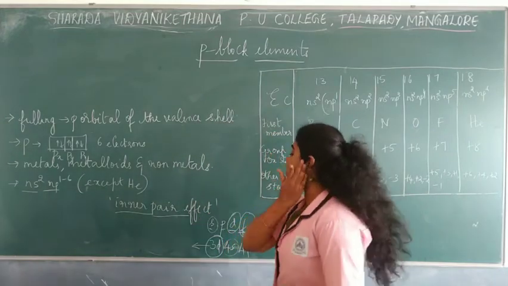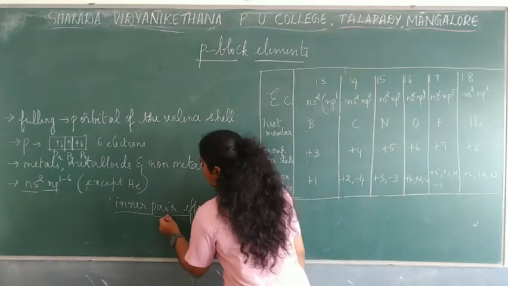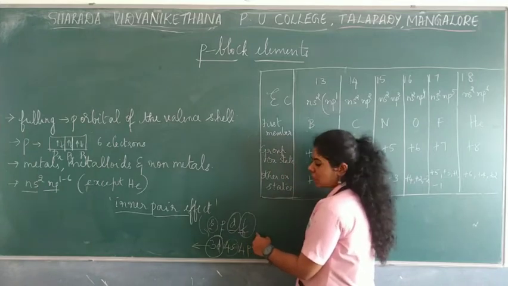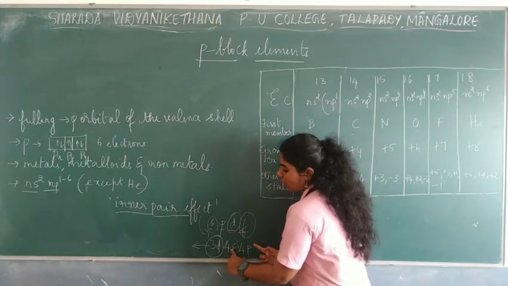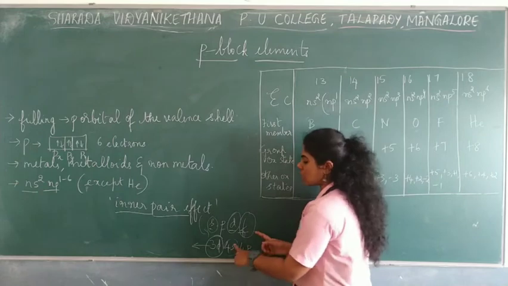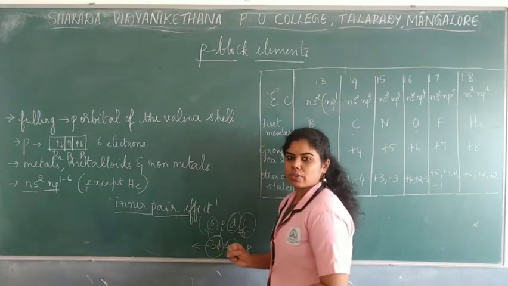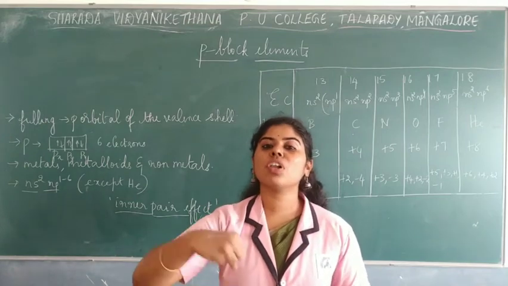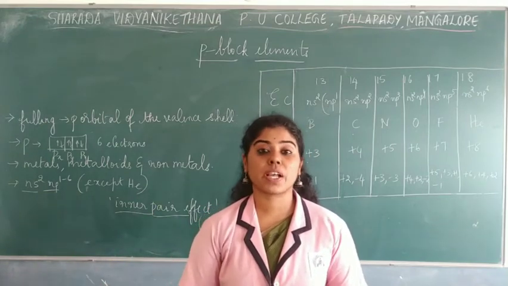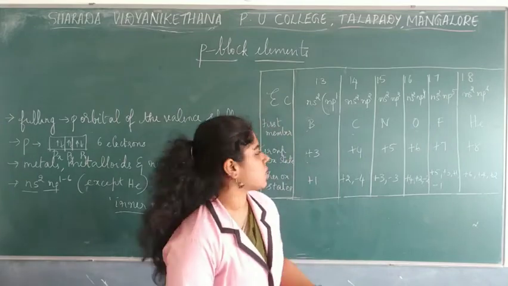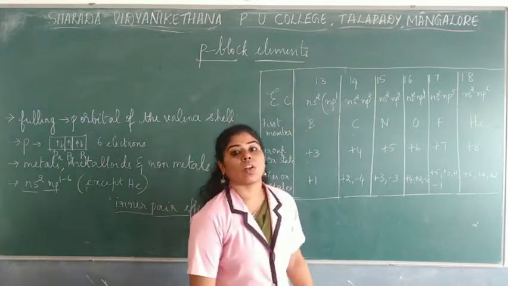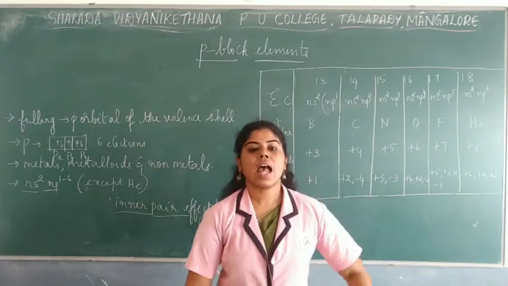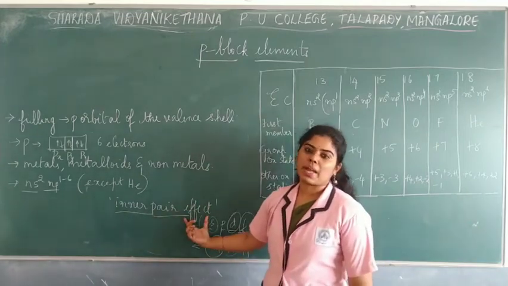Getting it? So this is what is called the inert pair effect. Inert pair effect is due to the poor shielding effect of d and f orbitals, which makes the 4s orbitals or any s orbitals more pulled towards the nucleus, which makes the size also smaller, and because of this the removal of inner s electrons becomes really difficult, and because of this only the outer electrons can be removed, and because of this they will have variable oxidation states, and this effect is called the inert pair effect.